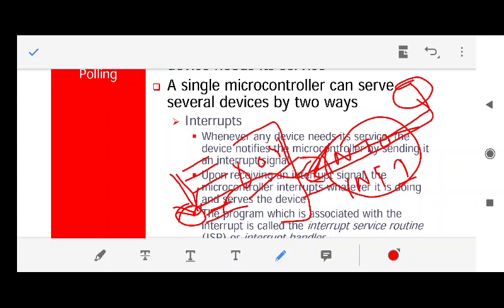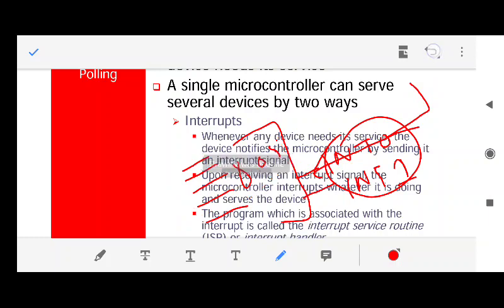It could be taken similar to a live example. For example, I am taking a class, and all the students are sitting in the class, and somebody during my lecture comes to the door and knocks at the door. Fine. If I want, I'll stop the class then and there, and then I'll open the door, and then I'll interact with that person who is at the door. So it is up to me whether I want to interact with that person or not. The only way that other persons can interact with me is to knock at the door. Fine. So this is known as interrupt. This is how the 8051 handles the interrupt.